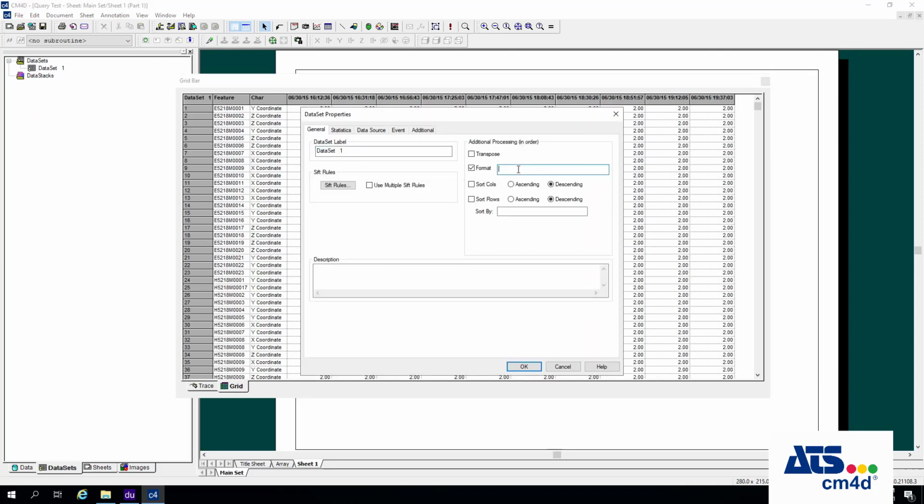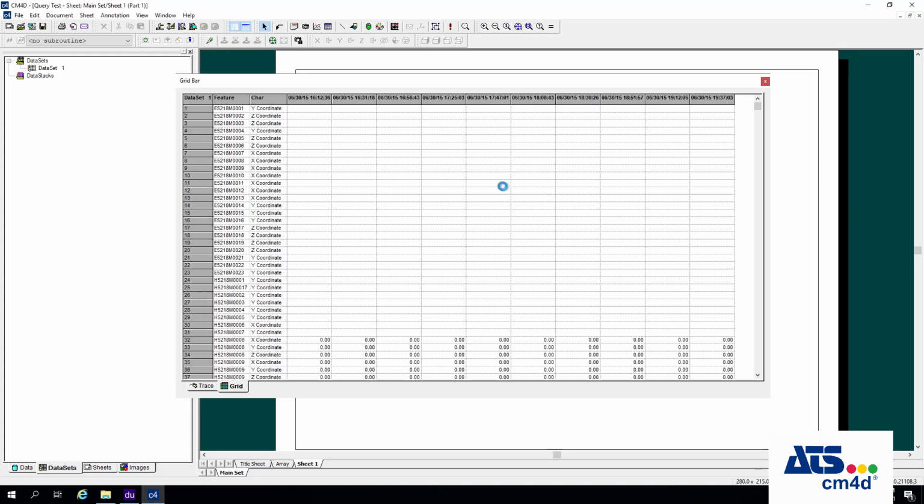If I change this to a variable, there's a variable called $ERR, that stands for error. What this will do is give me back the difference between whatever the deviation is and what the nominal is, or what the actual is. And actually it'll give you the difference between the measured value and how far it is away from one of the tolerances. So if a value is out of tolerance, this will tell you how far out of tolerance that value is. So if I use this and hit OK,